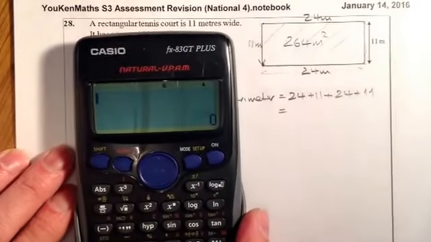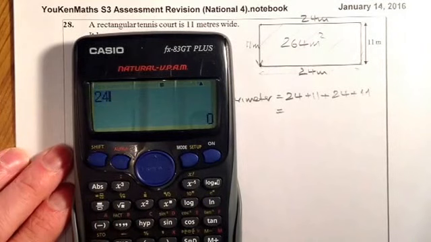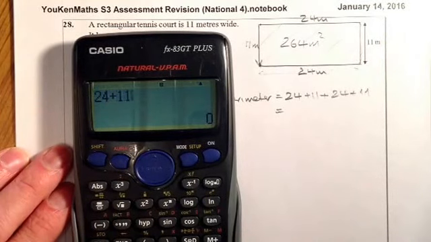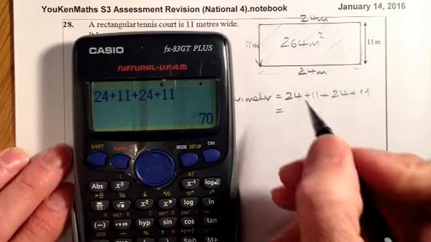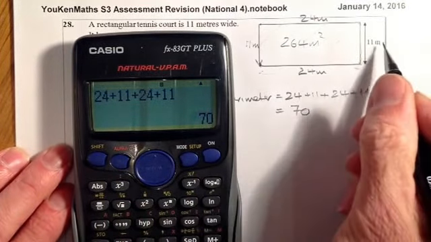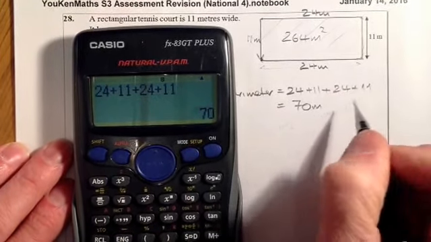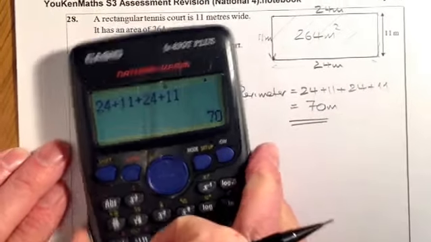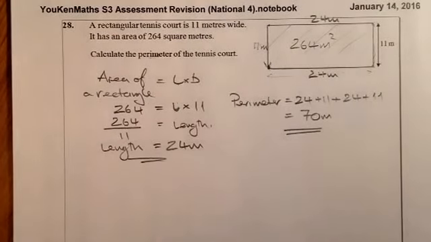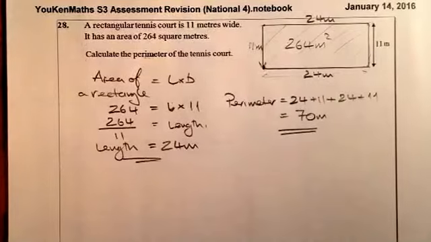So let's just add that up in the calculator. 24 plus 11 plus 24 plus 11, which gives me 70. I'm working in metres, so it's metres. It's not metres squared because it's just a distance that I'm trying to work out. Okay,